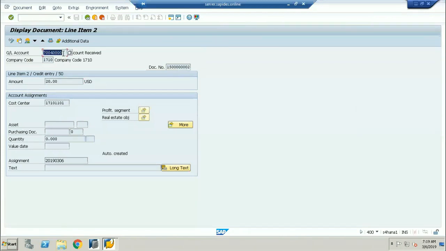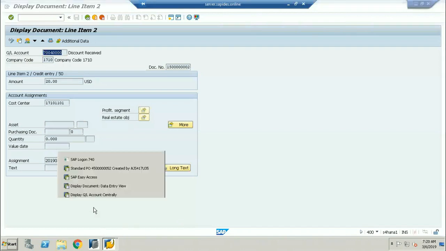Mahesh, earlier you did the ME21N transaction and then you raised the invoice, right? Yes, exactly, that is through the purchase order. So for that, if you go to ME23N, you should see whether it is cleared or not cleared, right? No, there you cannot see, sir. Why? Because that is the purchase order history. The purchase order history will only show the transactions you have done with reference to the purchase order. Very important, sir. Thanks for asking this question.